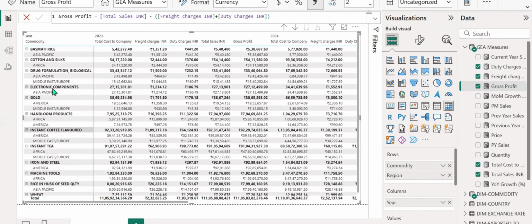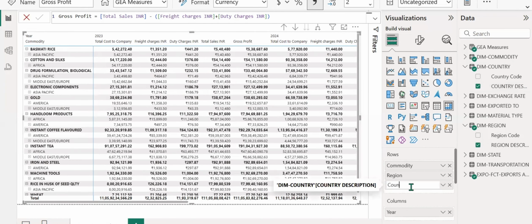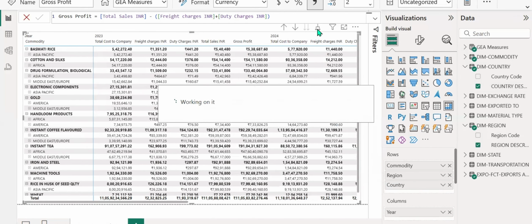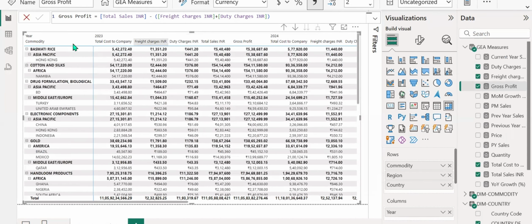Which country are we exporting to? We do not know. So what I want to analyze is by the country. Let me add country under the region, and let me rename this to just country. Again, I click on the fourth icon on the visual, expand all down one level in the hierarchy so that I can get